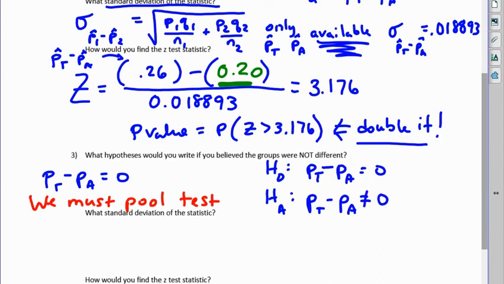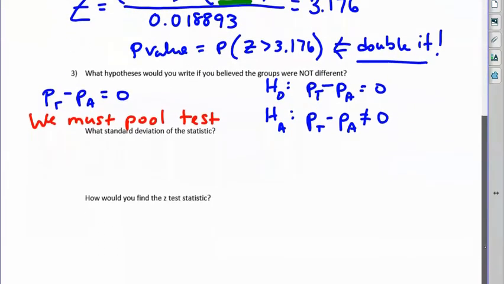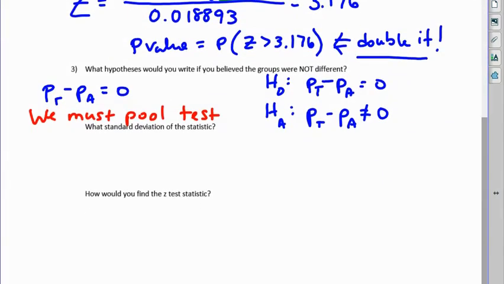Telling me that I've got a pool. So the standard deviation of the statistic that I used before is not going to work, because I need to pool. I need to find my new pooled proportion. There were 584 people for teens, and 1,059 for adults out of,